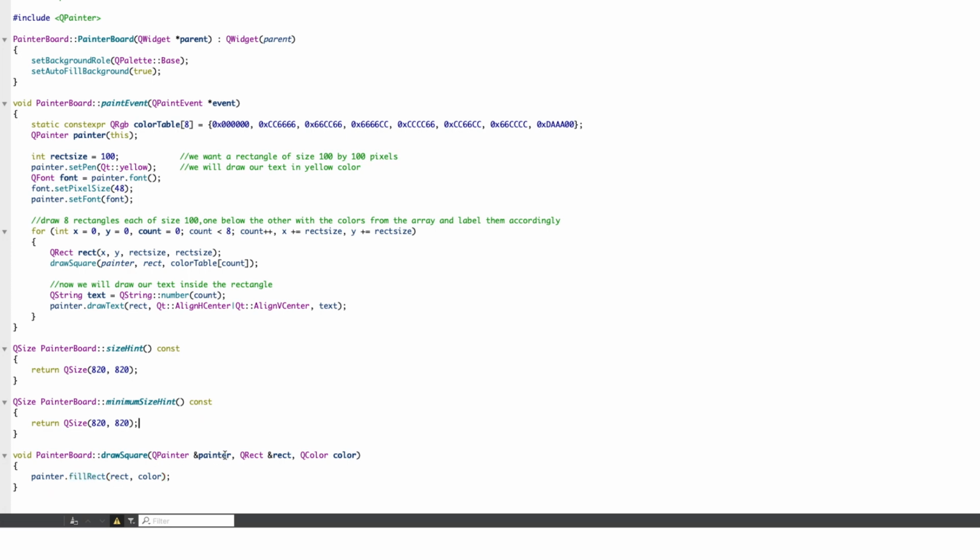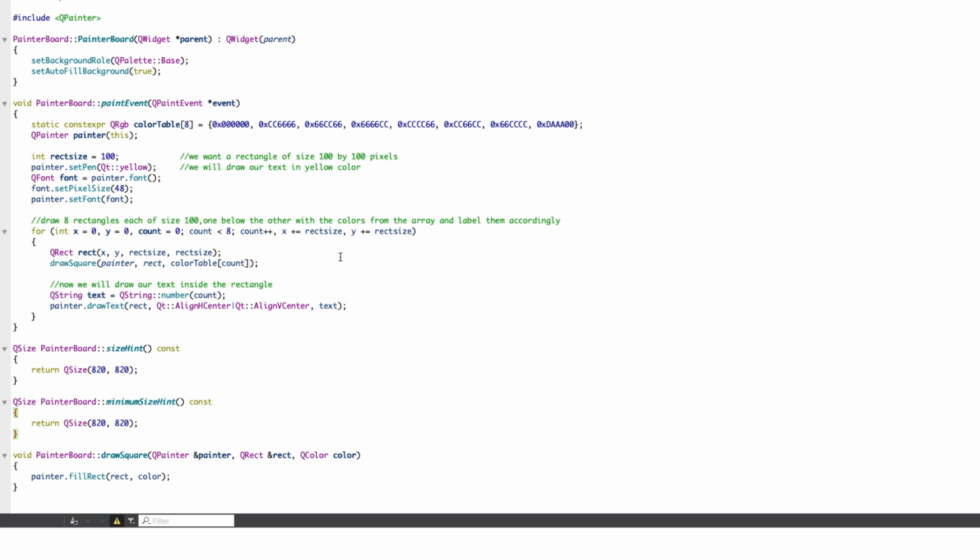All it does is take a rectangle and a QColor object. So as I said, this is a very simple introduction to the QPainter class.